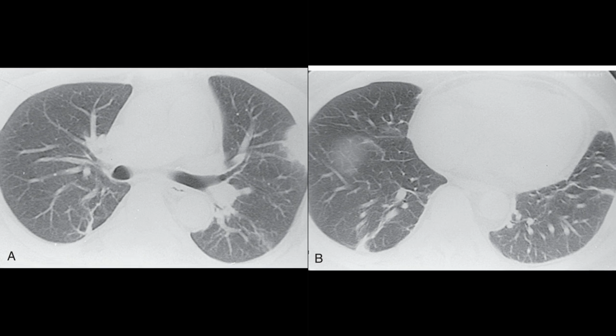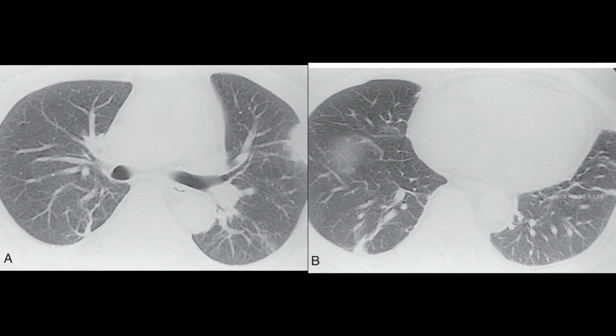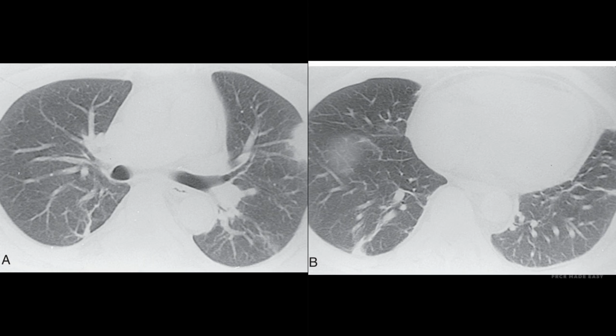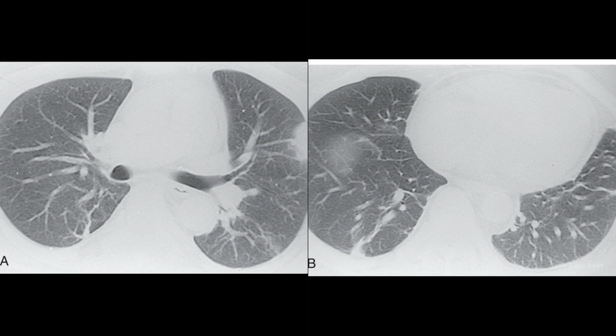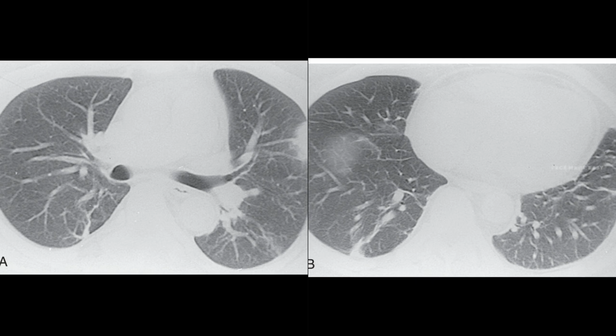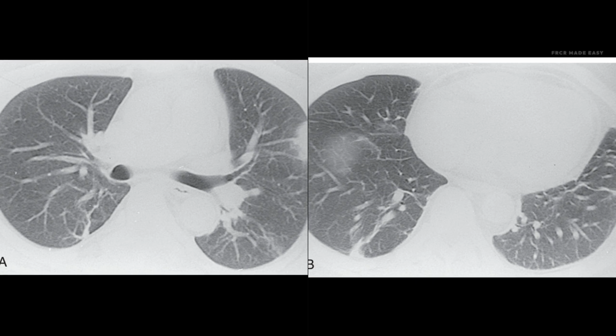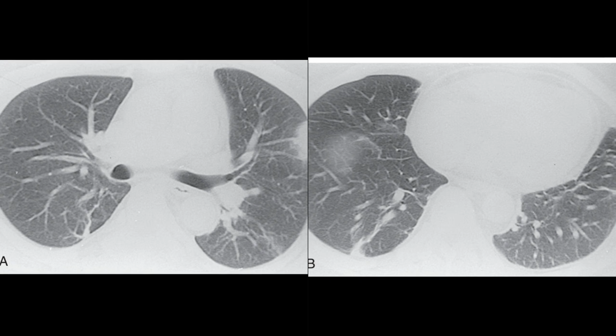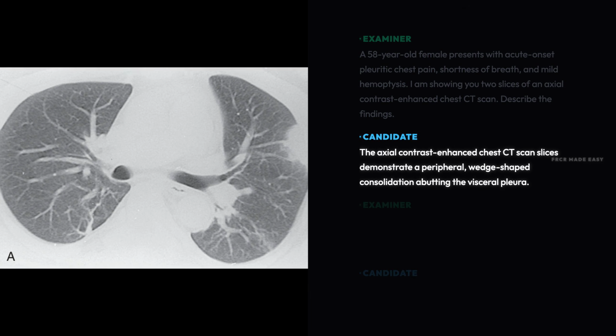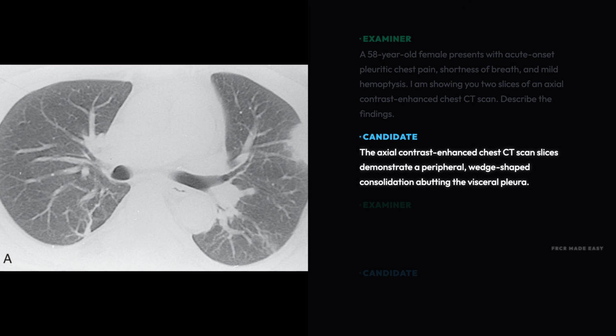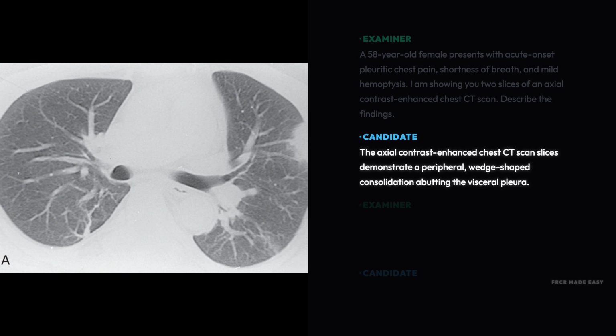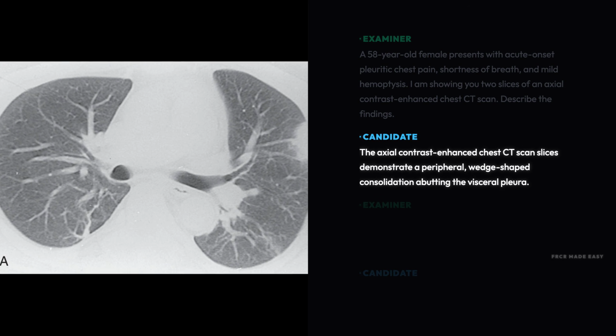A 58-year-old female presents with acute-onset pleuritic chest pain, shortness of breath, and mild hemoptysis. I am showing you two slices of an axial contrast-enhanced chest computed tomography scan. Describe the findings. The axial contrast-enhanced chest computed tomography scan slices demonstrate a peripheral, wedge-shaped consolidation abutting the visceral